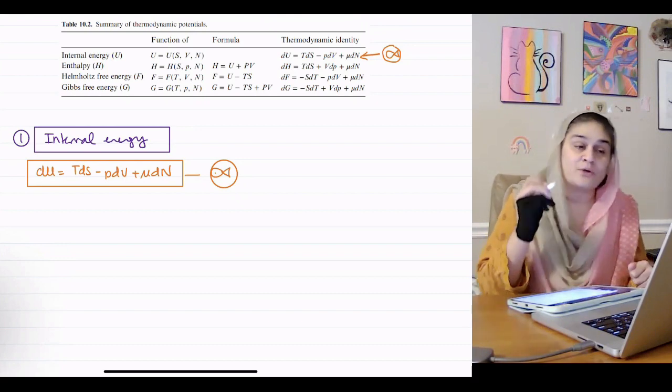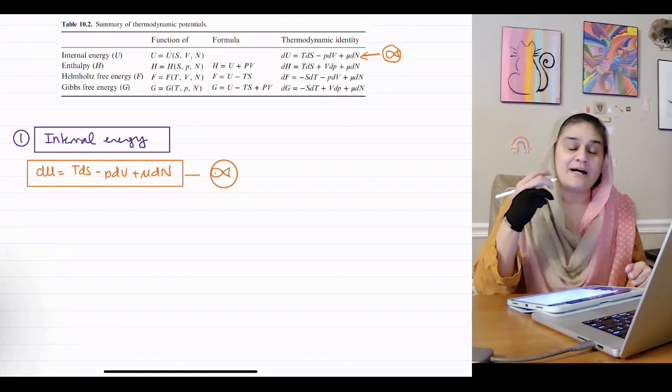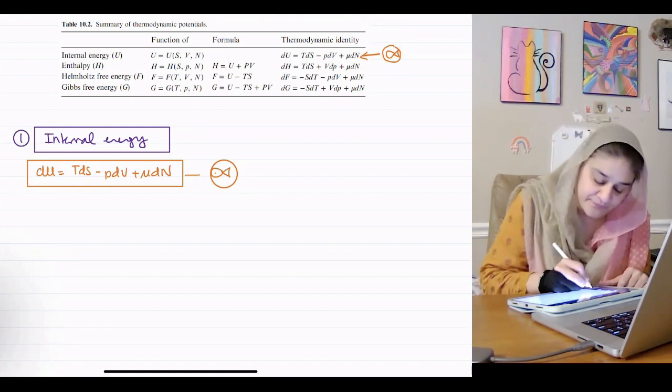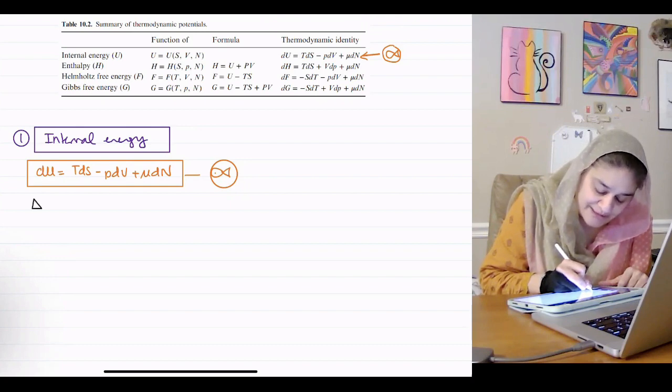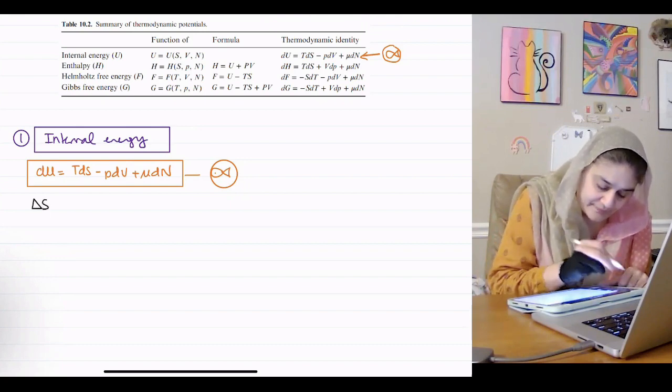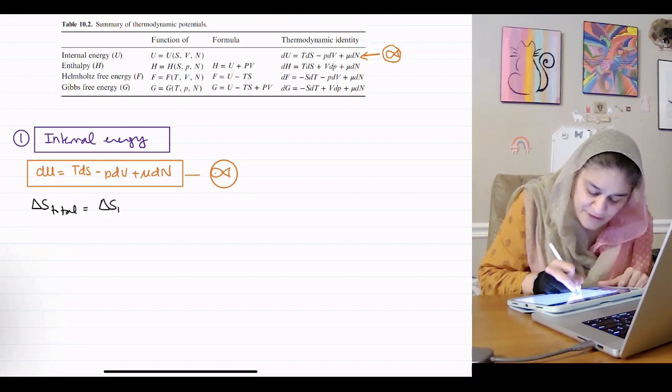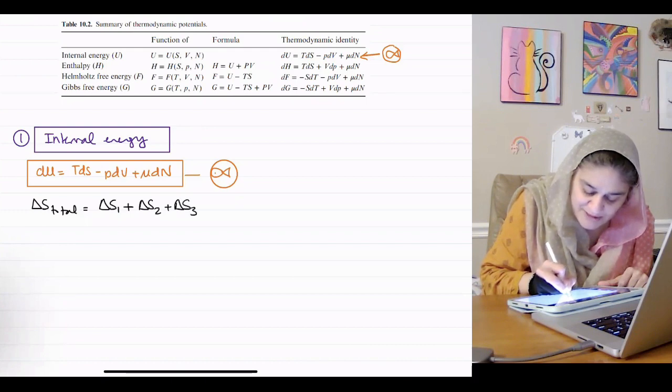So, in order to do that, I must divide my system into 3 steps. So, my total delta S must be divided into delta S1 plus delta S2 plus delta S3,